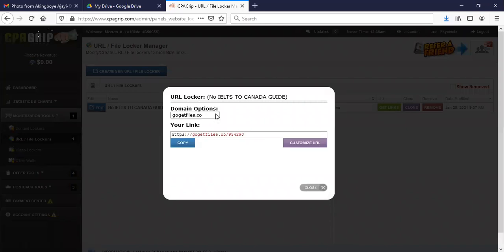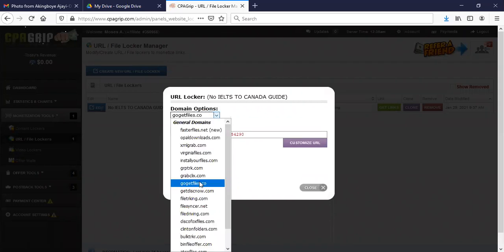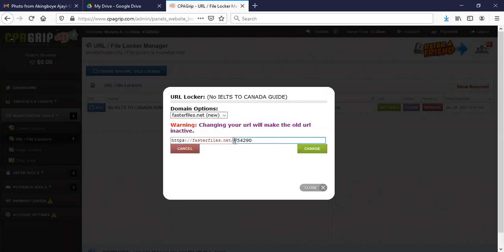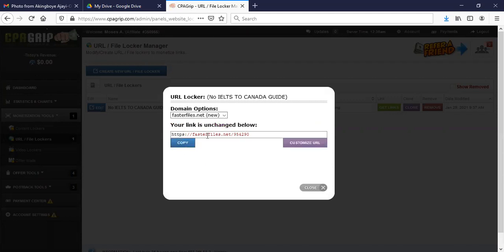Okay, so normally what we advise people to, you see, like this one now is here. Now, what I will want to do is select this one that is uppermost. Okay, so that is the file. You can also customize the URL. You can customize the URL like this one now. You can customize the URL and put your name. You can do anything, but don't let us do all of that. Just leave it the way it is. Okay, so that is the URL there.